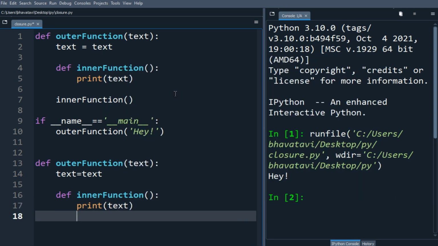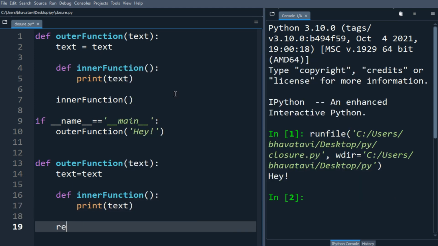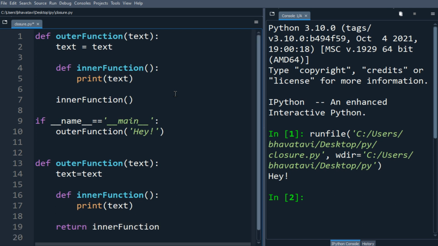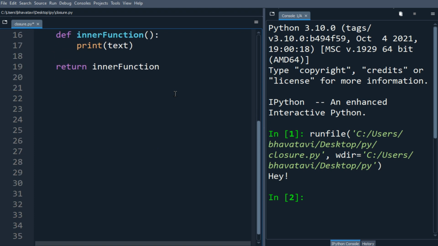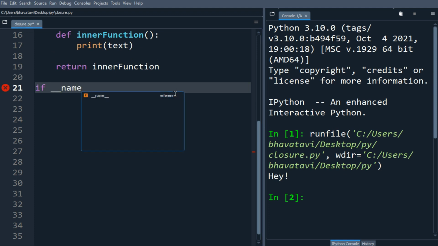but here we will return the inner function and will not use any parenthesis. But in the above example we have used inner function and parenthesis. So let's make the if statement, if name equals main,